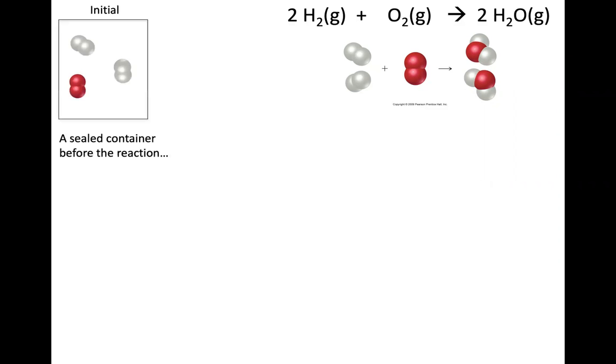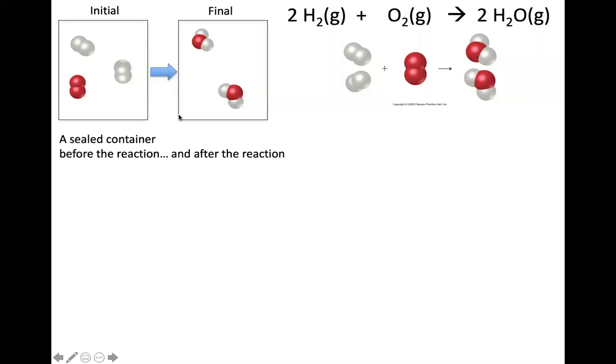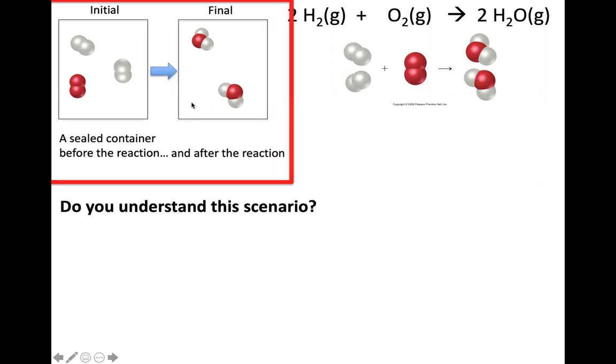Second, you'll see a lot of questions looking at these particle level reactions like this, where it'll say, here's what's initially in the container, and here's what's in the container after the reaction takes place. So they're trying to show a box before and a box after. It's not like there's a left and a right. It's just showing this is what the box looked like before, and this is what it looks like afterwards. This idea of, do you understand the scenario?